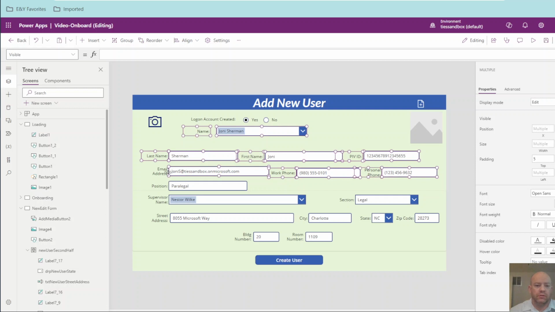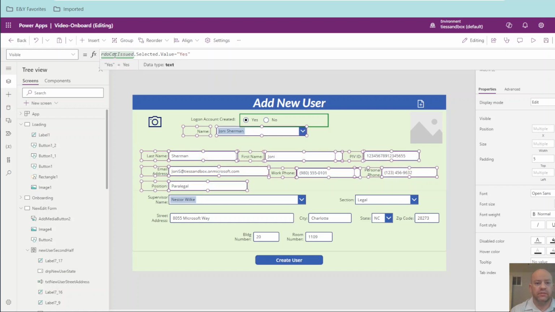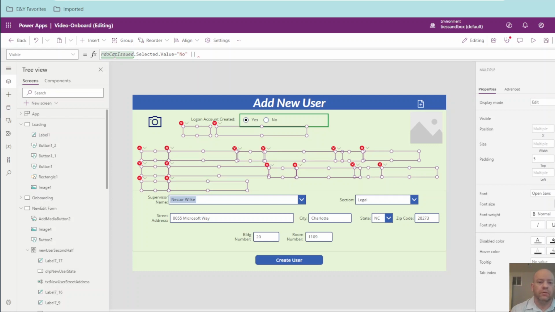I'm going to say visible if PO issued dot value equals yes, no, or paste it, but we're going to change this to yes